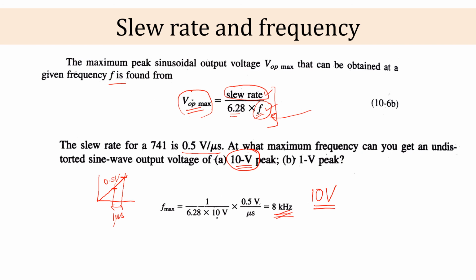If we can compromise with this peak, definitely we can increase the frequency, and we can also calculate this value. Yes, if the output is 10 times lesser, definitely the frequency will also be 10 times higher. Okay, so if we can compromise with the final output, we can increase its bandwidth, we can operate at higher frequencies. Or in some cases, when we have to have higher frequencies, it means either we need high slew rate operational amplifiers, or we have to compromise with the final output. So you have to take care of these things.